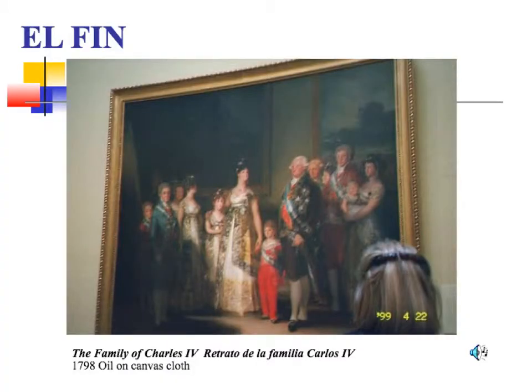Okay, and to end our presentation, one more of his typical portrait paintings, The Family of Charles IV. But even still, kind of an interesting painting because apparently the king and the queen were not very handsome people, but they were very elegant, as you can tell from their clothing. And if you see the faces, yeah, not beautiful. There was one pretty one. This princess over here was known as the prettier and nicer one, actually, holding her baby. This one, the son, the prince, was betrothed, but at this point, nobody knew exactly to whom.